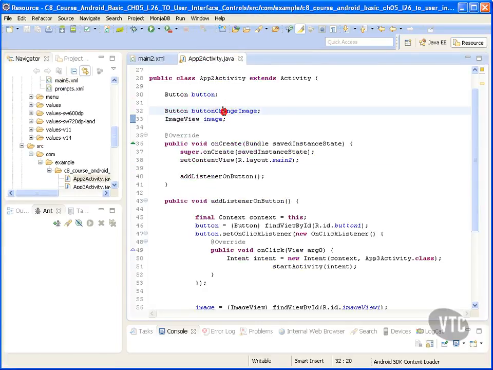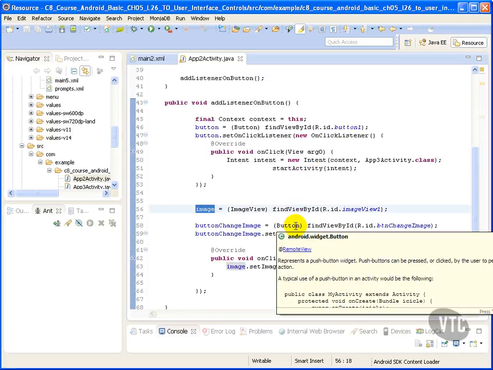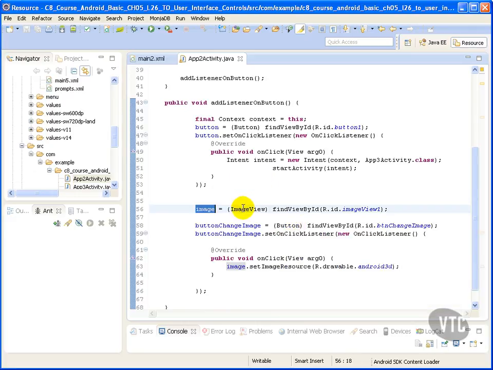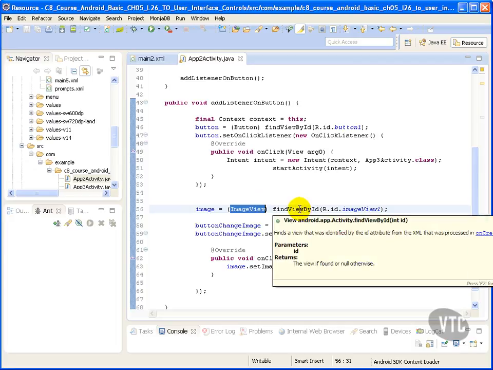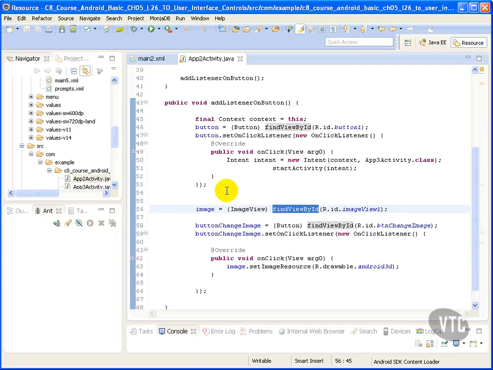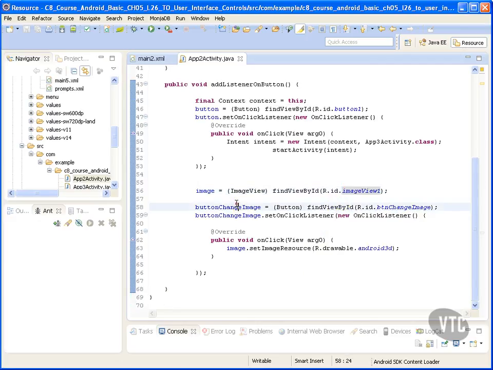Here we have our activity with the button called button change image, and then our image view component. We call setContentView within the onCreate method. Remember that this is the process that is known as inflating the UI. We call our add listener on button, where we get a reference to our individual widget, in this case the image view, using the findViewById method. Remember that this method takes an int constant for a specific view, and here we're using the ID of our ImageView1. We also obtain a reference to our button change,